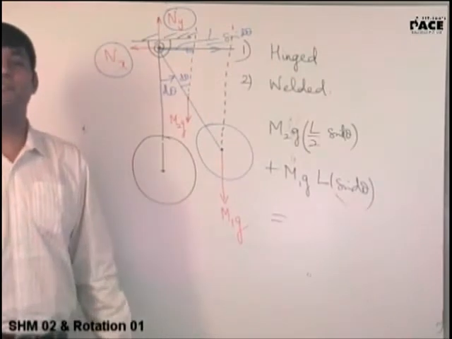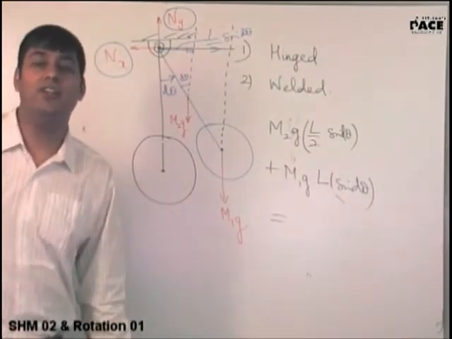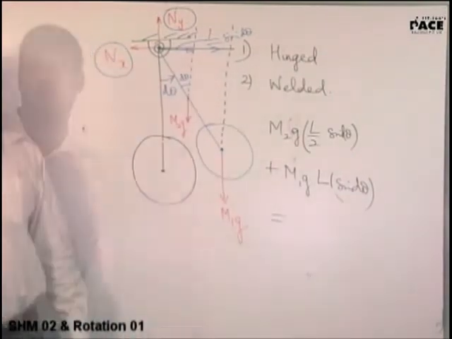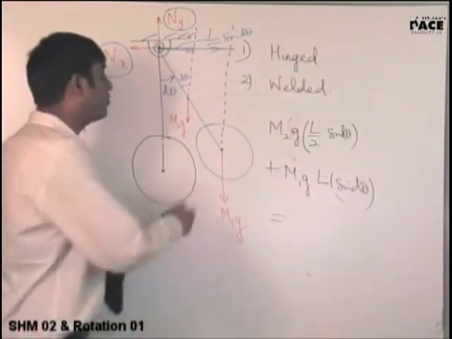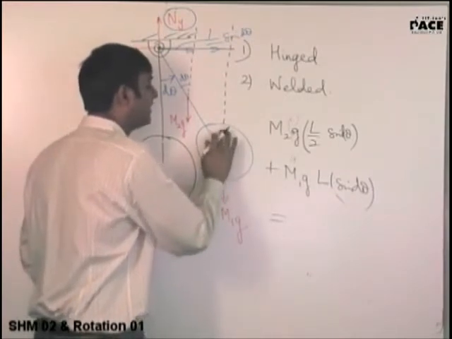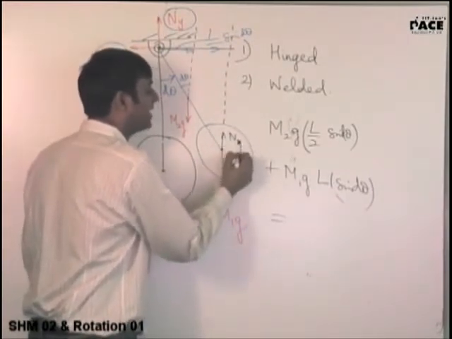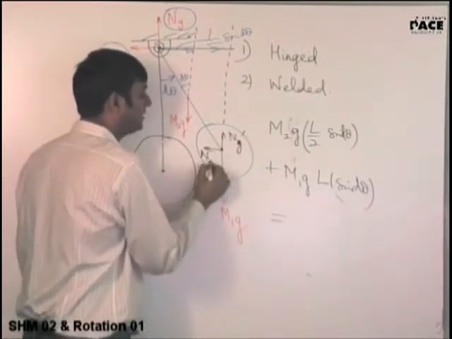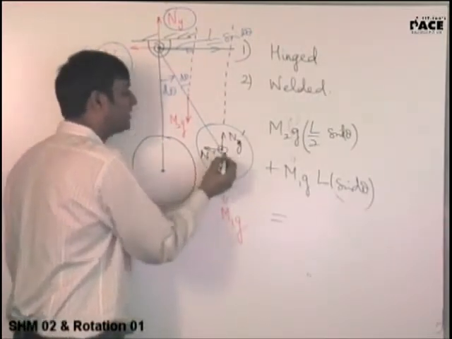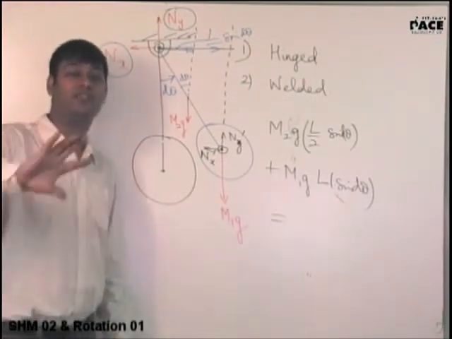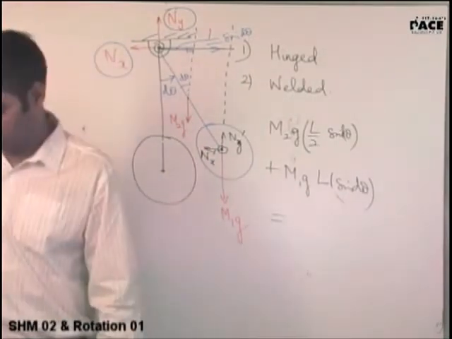When it is hinged in the first case, the disc will not rotate at all because there is no torque acting on the disc alone. So for the disc, there is no rotation happening. Why? If I make a free body diagram of the disc, there is Nx, Ny dash, there is Nx dash, but the net torque about the center of the disc is 0. There is no torque acting on the disc. So the disc is actually...